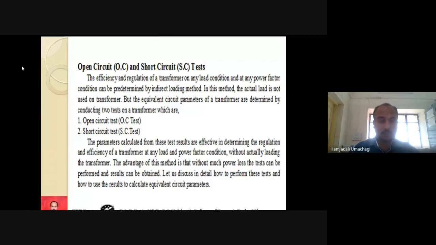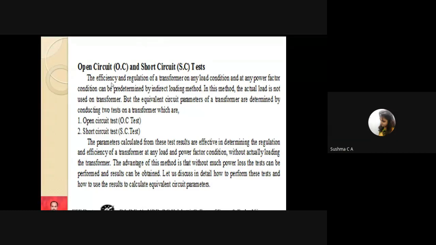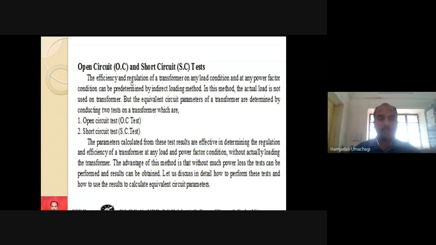So in the previous class, we have seen the OC and SC test. Why are we going to conduct this test? Can anybody tell me the answer? What actually are we going to get out of this test? Which information are you going to get from OC and SC test? What is given here? Yes, Power. We are going to get the information of efficiency and regulation of a transformer. Right. So to get the information of efficiency and regulation, we are going to conduct OC and SC test.